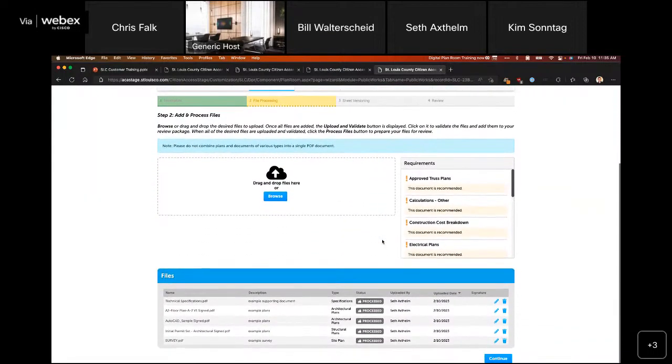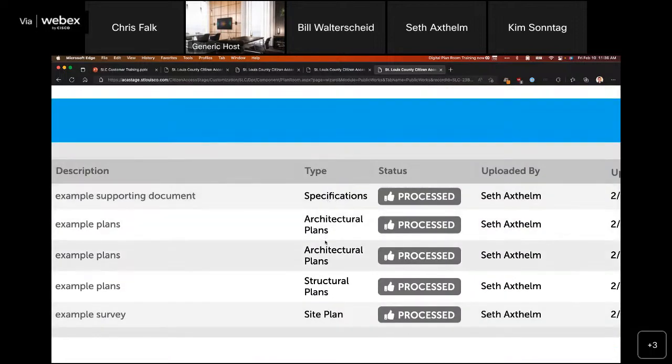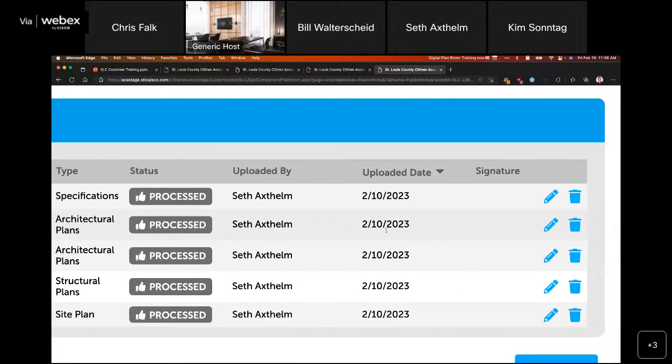So those comments may indicate we're missing certain documents. Perhaps they reviewed the content of a specific document and determined that there was content missing in one of your documents. Maybe one of your documents was mislabeled. Remember, when we upload our documents, we're going to be categorizing them as the appropriate category as it relates to our particular application. And so maybe they're saying that certain things are not categorized correctly and they're asking you to